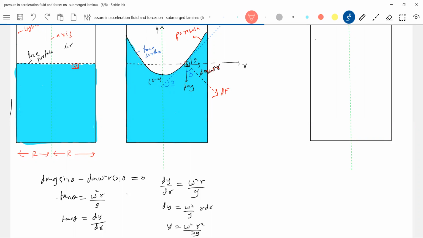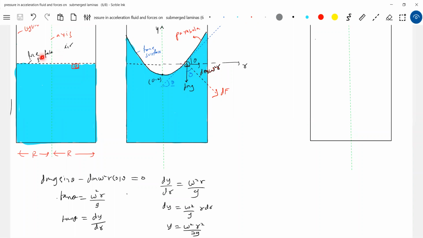Once you make omega zero, that is, you stop rotating it, the free surface will become horizontal, like a circular disc. In the plane diagram it is horizontal. In the second diagram, the free surface will be a parabola, because we are seeing a plane diagram. If you view from the top, the free surface is a circular disc. As you start rotating, it becomes a paraboloid. Since what we are seeing is a plane diagram, I'll select a horizontal line and a parabolic shape.